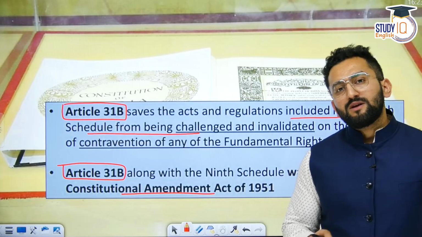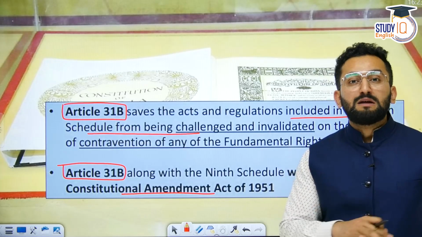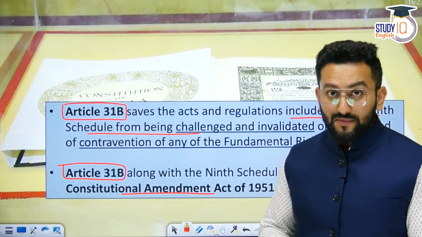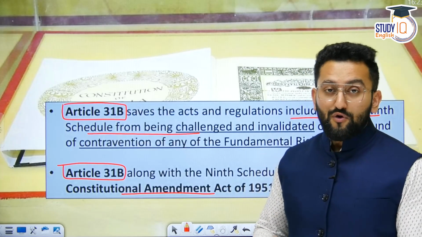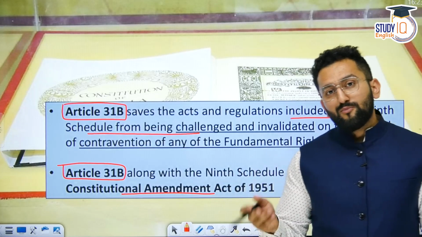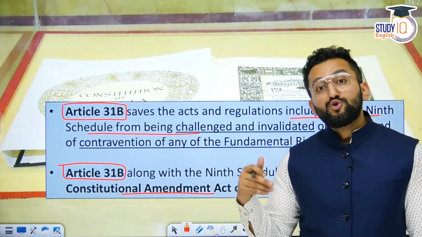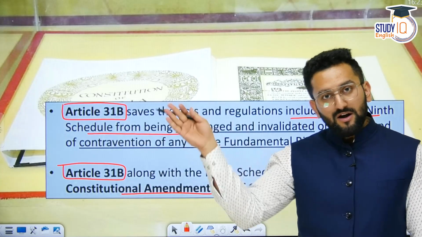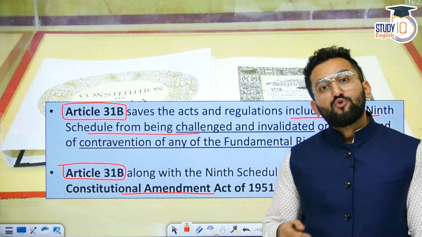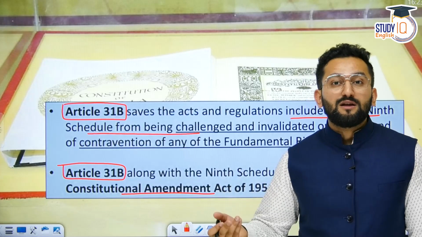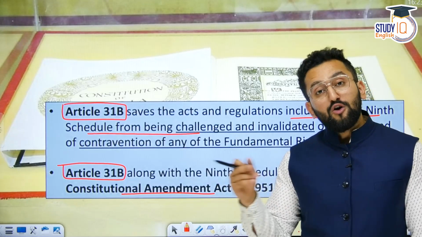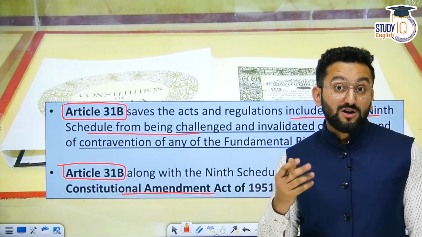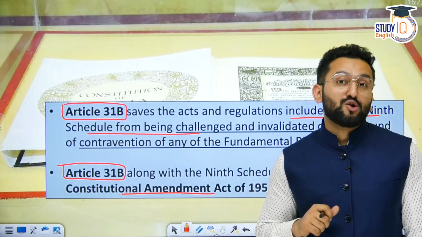But at that point of time, right to property was a fundamental right. So there was this fear: a law has been made, a good law for ensuring socio-economic justice, but many people who are going to lose their land are going to file cases in the Supreme Court and High Court saying our fundamental right is abridged. And the Supreme Court, High Court may say that since it is against fundamental rights, we are declaring your law, the law which is made by Parliament, as null and void. To protect the sanctity of this law, they wanted some tools, so they wanted some change in our constitution.